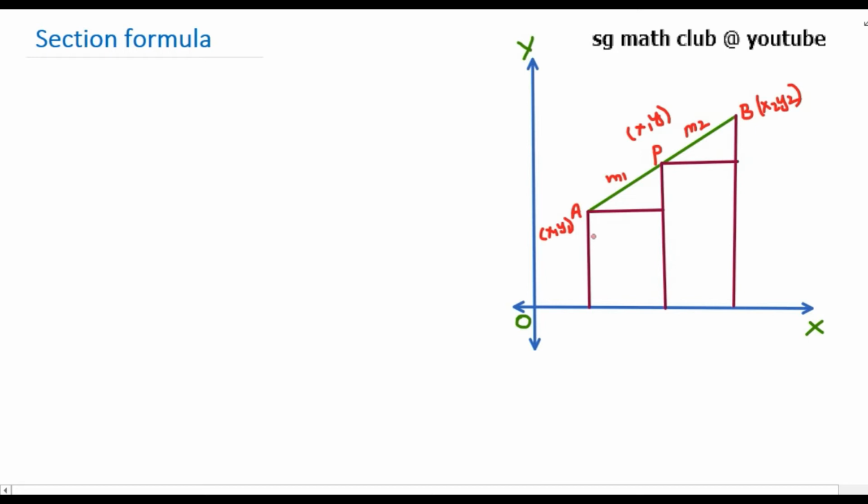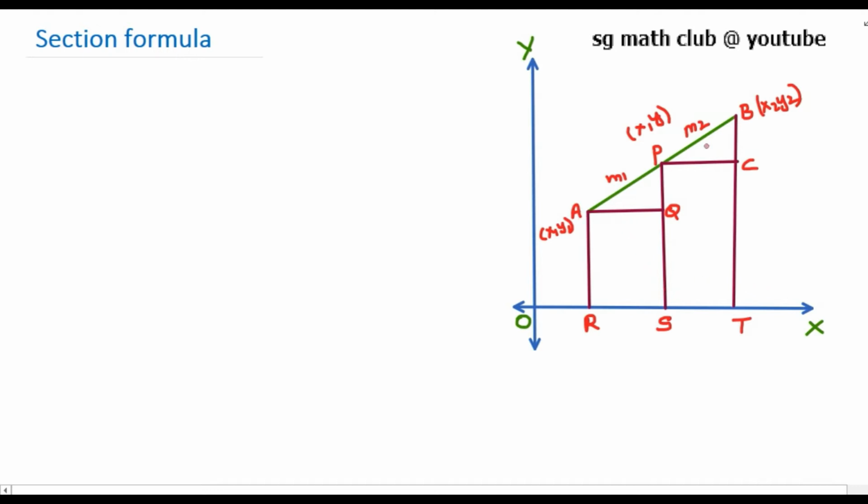So to prove this, I have drawn a perpendicular line from A to x-axis. Let this meet at R. So AR is perpendicular to x-axis. Again PS is perpendicular to x-axis. And also I have drawn a perpendicular line BT to x-axis. Then AQ is drawn in such a way that it is parallel to x-axis. In the same way, PC is drawn in such a way that it is parallel to x-axis. So this is the construction I have made.